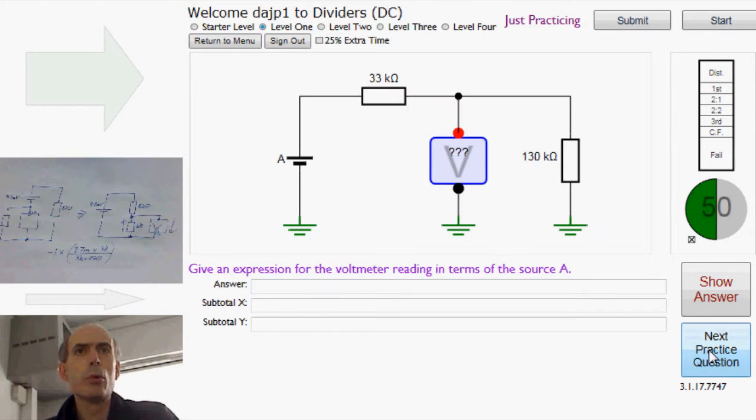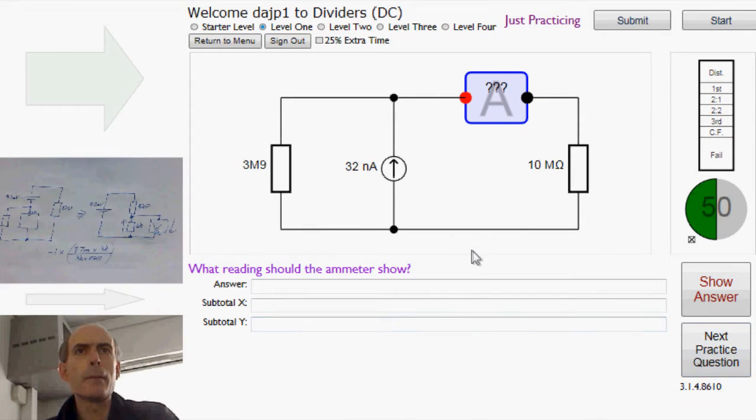Just do one more current one. Here. Okay, more standard current divider one. You've got 32 nanoamps, and it's dividing between a 3 meg 9 resistor and a 10 meg resistor, so we can apply the standard current divider equation for that. The total current